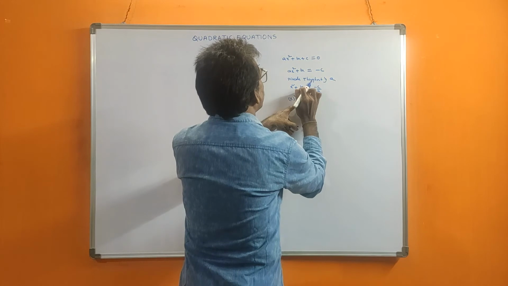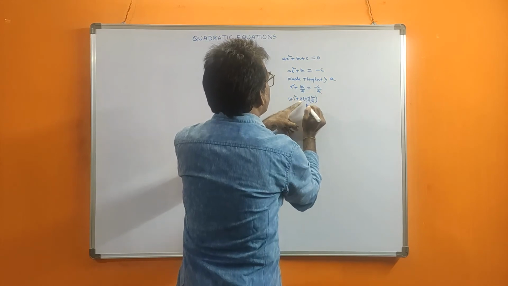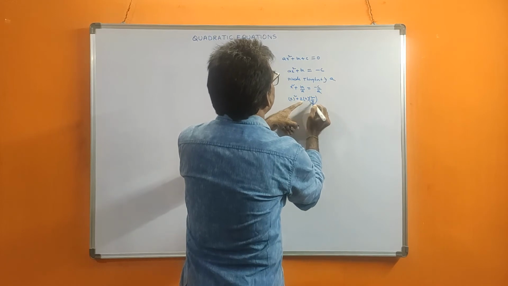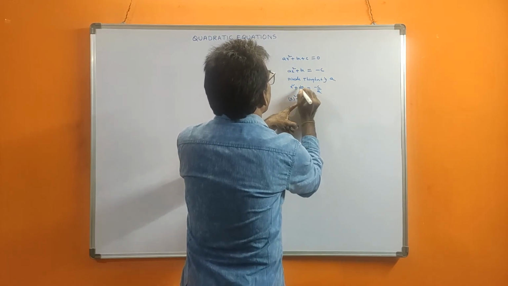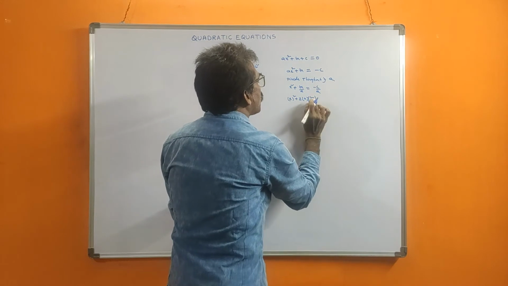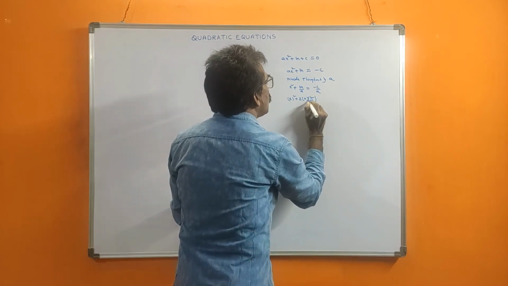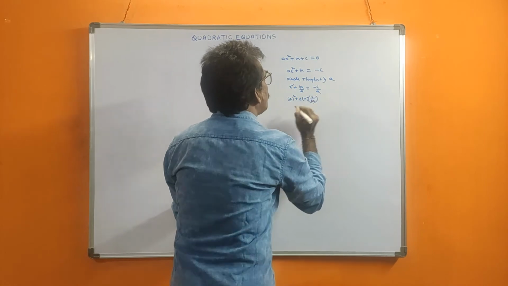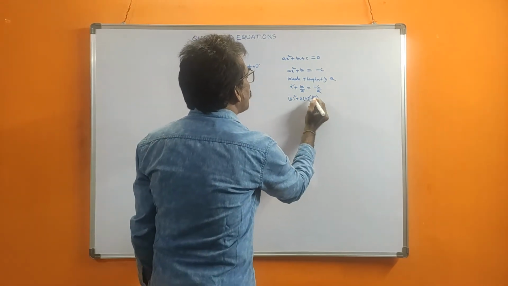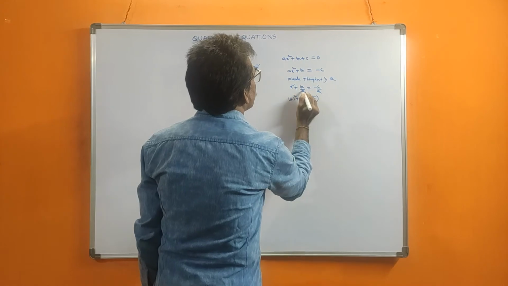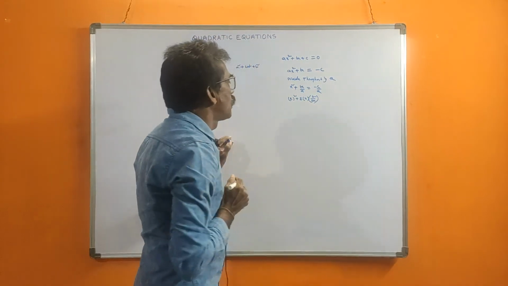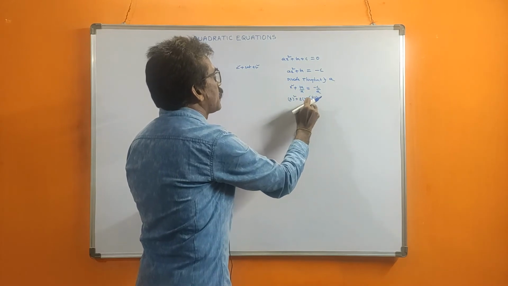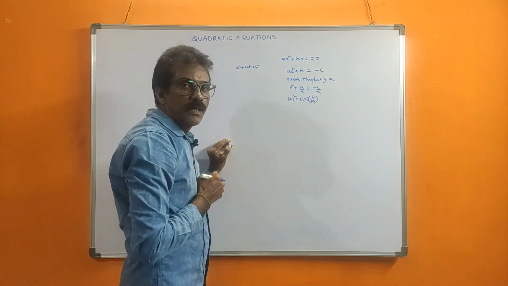This term should be equal to this term, but here only bx by a is there. If you write 2ab term, here 2bx by a is there. That's why to make it bx by a, here we can write 2a. If you write b value as b by 2a, then the 2 cancels, and this is bx by a only. So the value is not changed; 2 cancels, bx by a only, so no change.